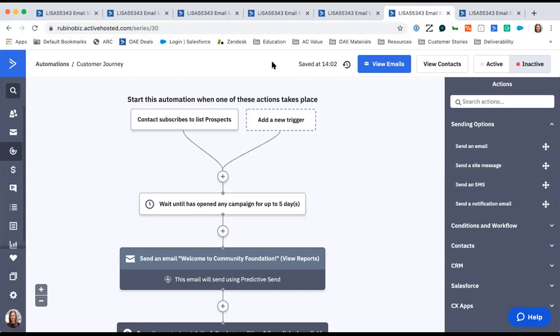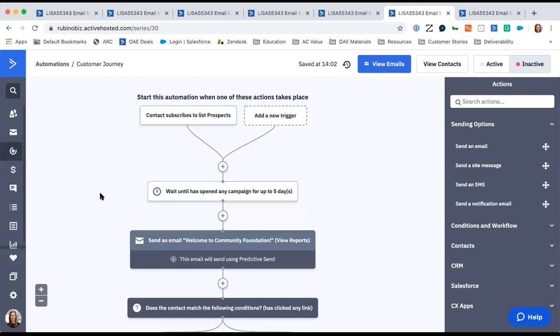And I would say the value here, as opposed to maybe using an email blast tool, is that you have the ability to get strategic. So let's walk through this automation, and I think things will make a little bit more sense when I'm saying we can get strategic and we can get super personalized. I know those words sound awesome, but let's look at what I mean by that. So what you're seeing here is a